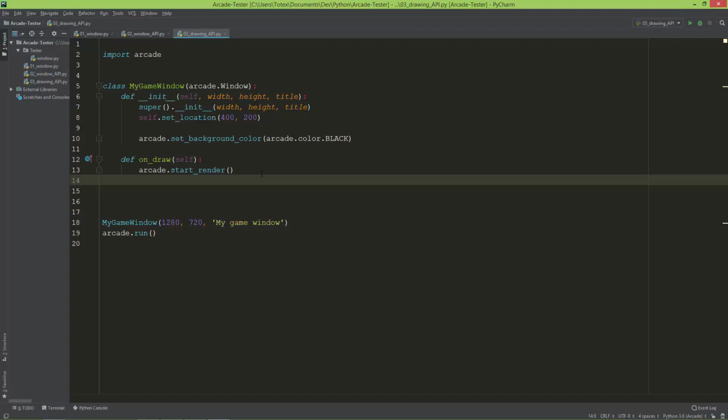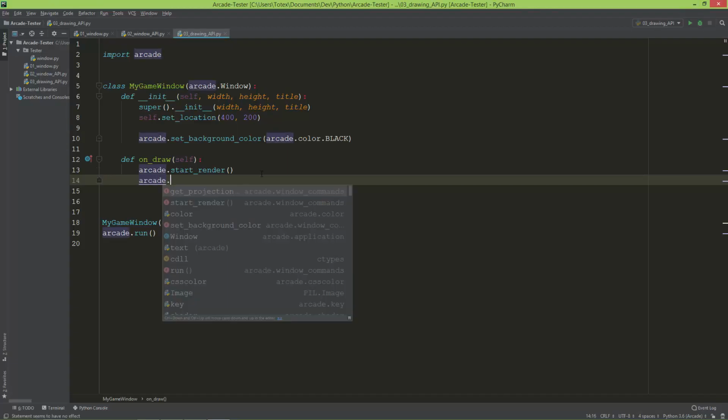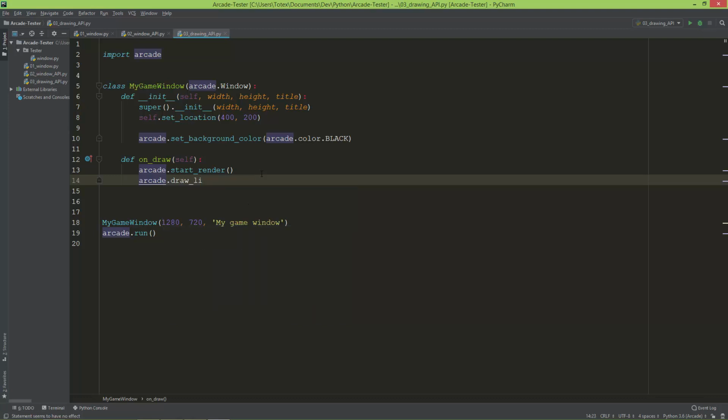Let's try out one. I'm going to draw first a line, so draw underscore line. Its first argument is a list of tuples, so I'm going to give it a list and two tuples. The first tuple is the start of the line, so I'm going to draw it at x 0, y 0. The second is the end of the line, so it will end at 100x and 100y. The next argument to this function is the color, so I'm going to give it an